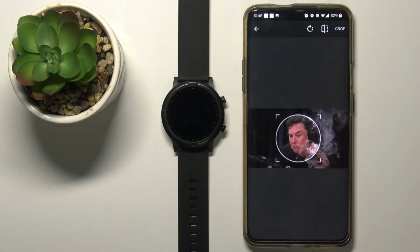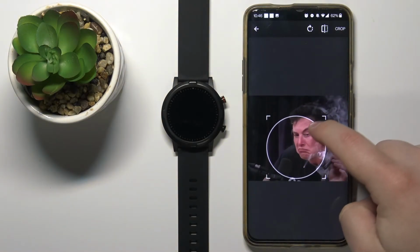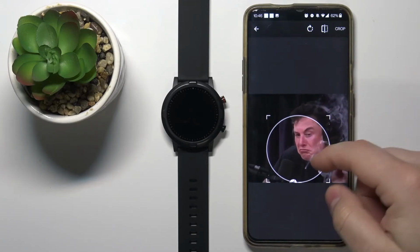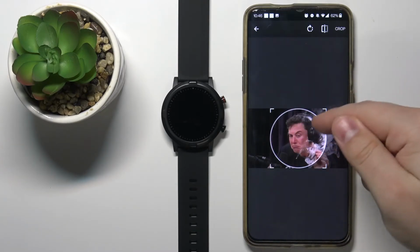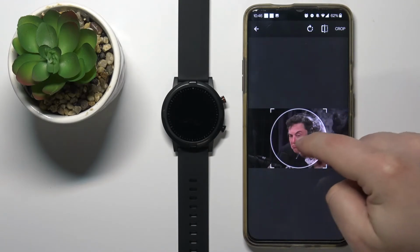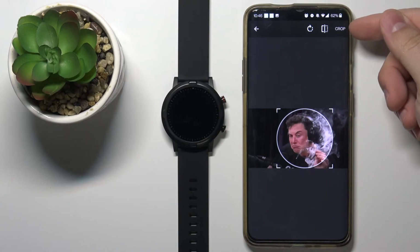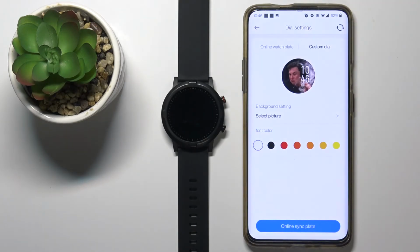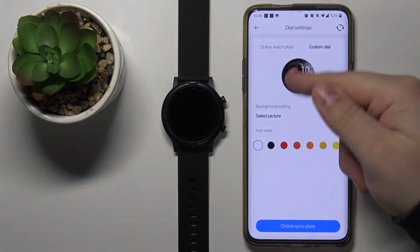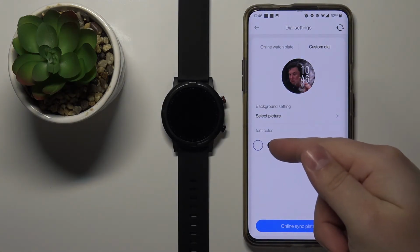And here we can crop the image. Basically we can resize this frame, and what's in this circle right here is gonna be on our watch face. And you can move this circle around, resize it, and once you're done cropping the image, tap on the crop button right here. Here we have a preview of our watch face, as you can see,